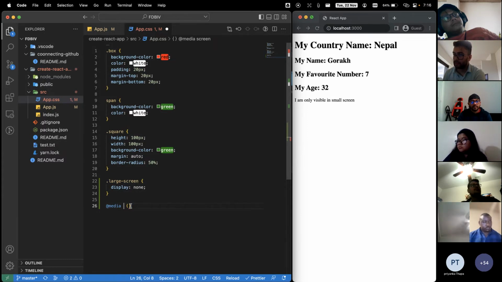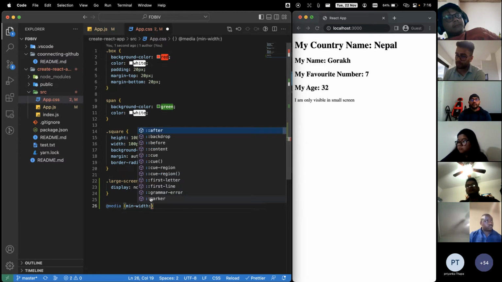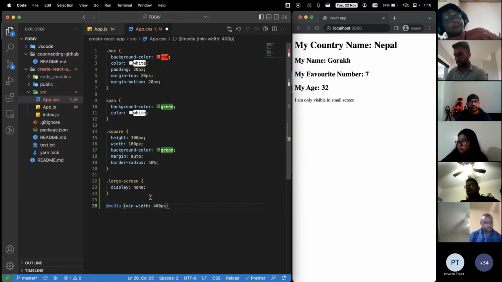So let me only write media, and I just want to write min-width. This is the name that you need to type exactly the same. So if the min-width is 400 pixel,